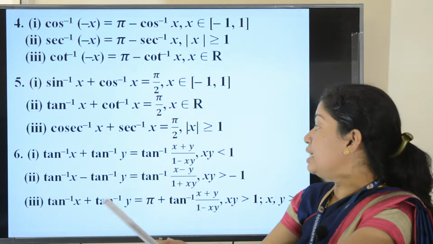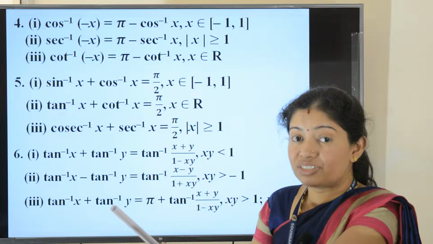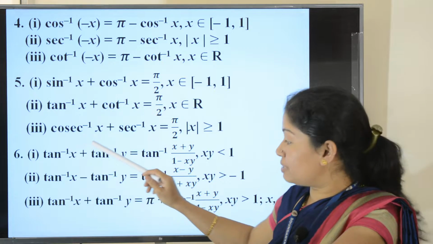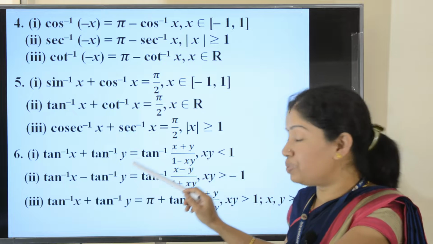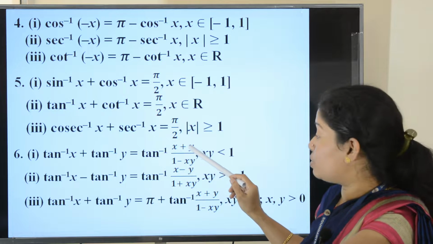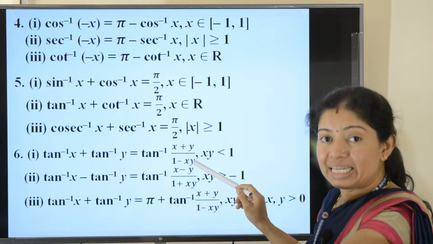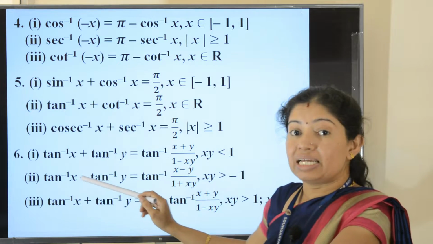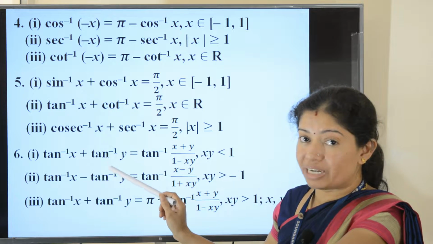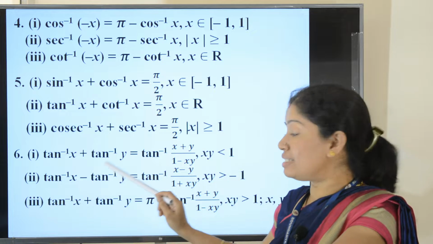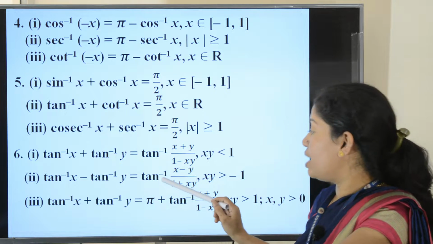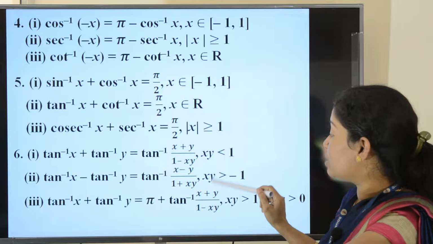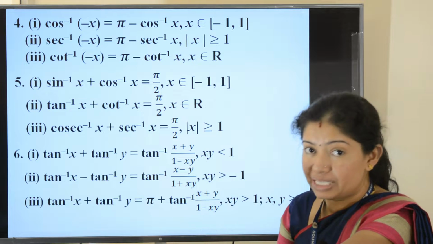Next property is the sum of two inverse trigonometric functions, sum of two inverse tan functions. So here you can see tan inverse of x plus tan inverse of y is equal to tan inverse of x plus y divided by 1 minus xy, where xy is less than 1. Second one, the difference of those inverse trigonometric functions, tan inverse of x minus tan inverse of y is equal to tan inverse of x minus y divided by 1 plus xy, where xy is strictly greater than minus 1,